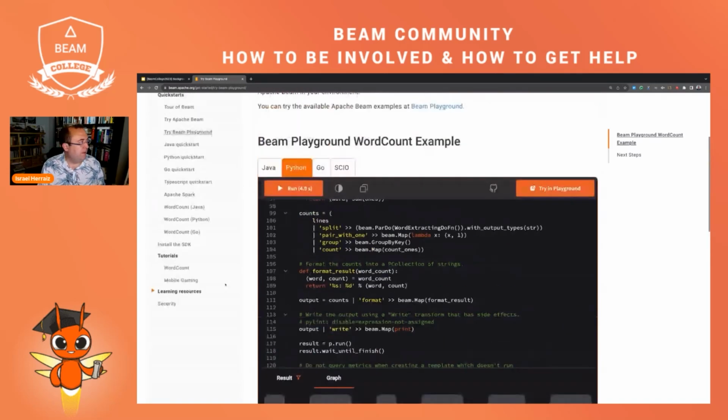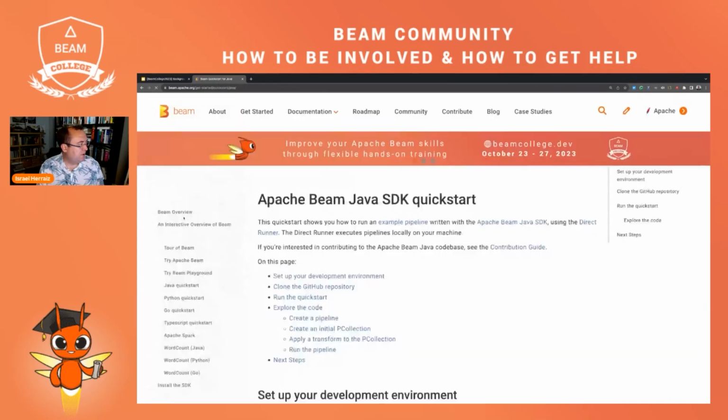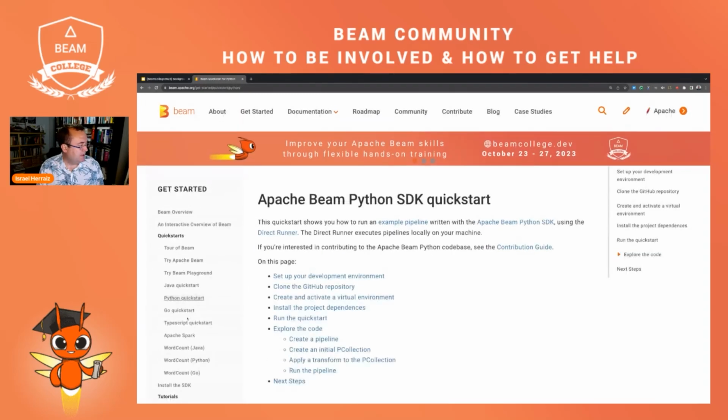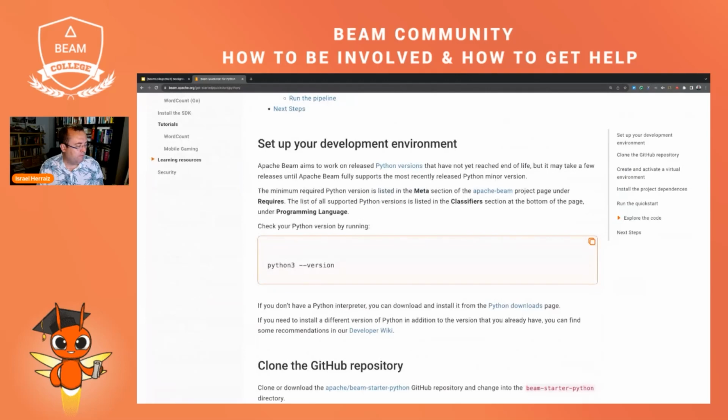What can you run in the playground? Well, for instance, you could run some of the examples that you have here on the left side. You have the Java Quick Start, the Python Quick Start, and the Go Quick Start. These quick starts are really interesting because they are using one of the